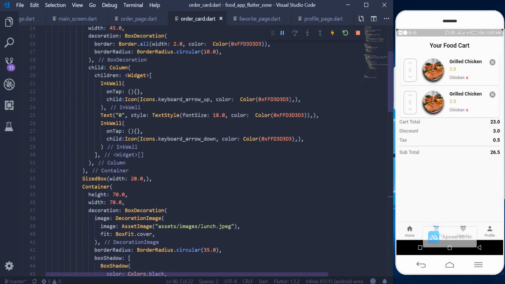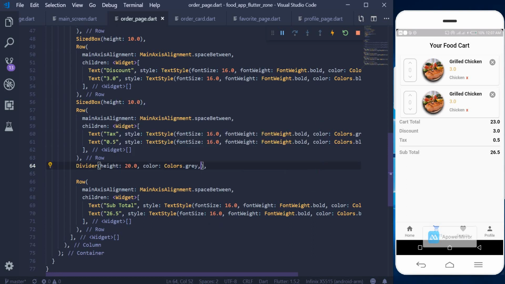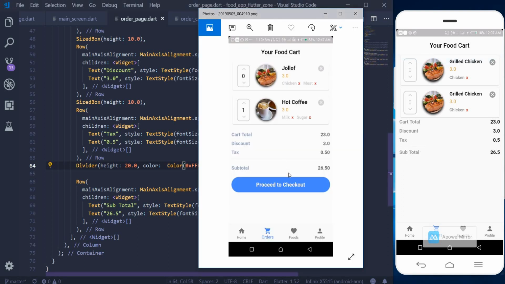Where I think I used this color, so I can just go ahead and copy this color. This is the color I used for the divider. Let's go back to the divider and then use this color there, and let's save and see what we get. Okay, so that's the color I want. So now we are left with our button here,